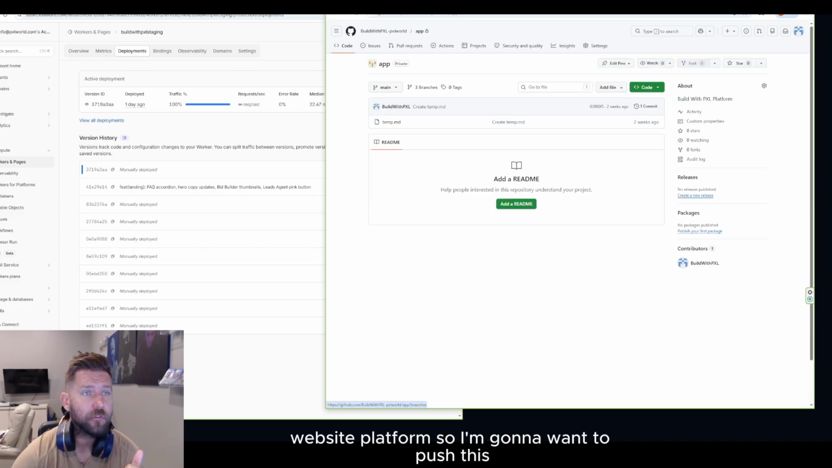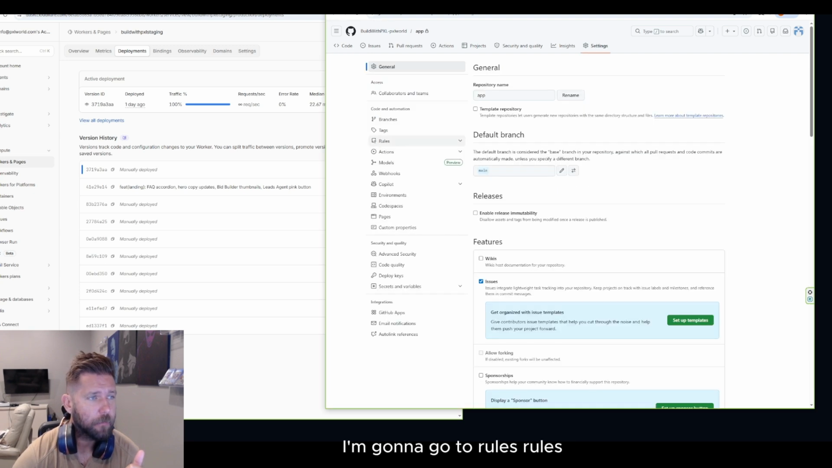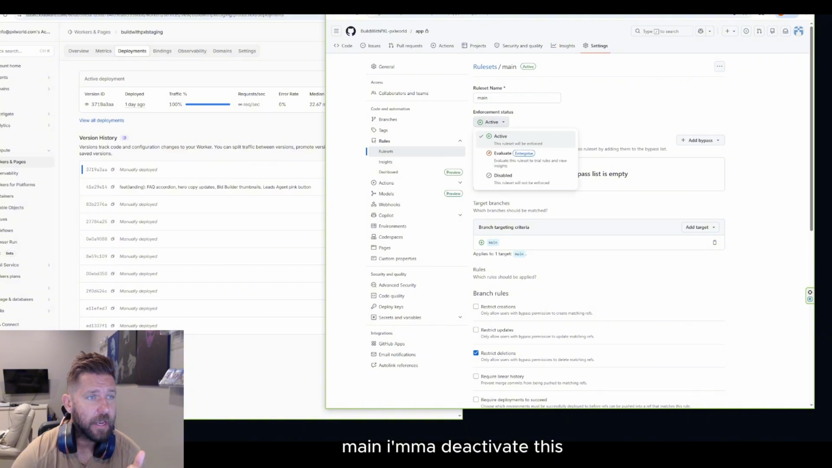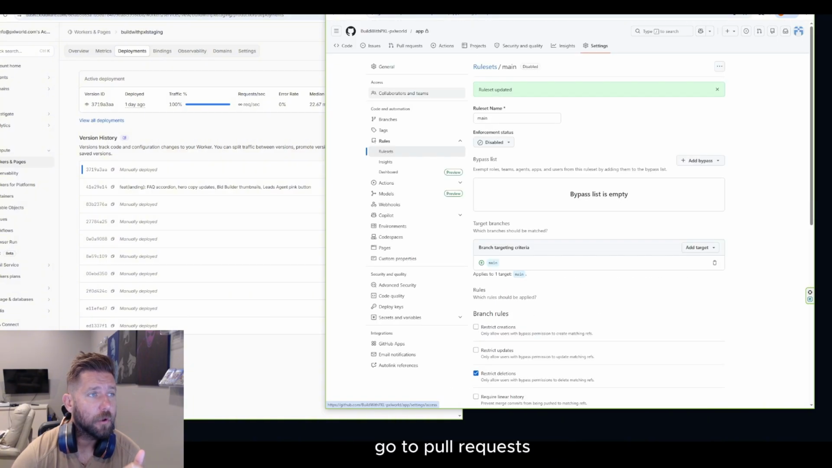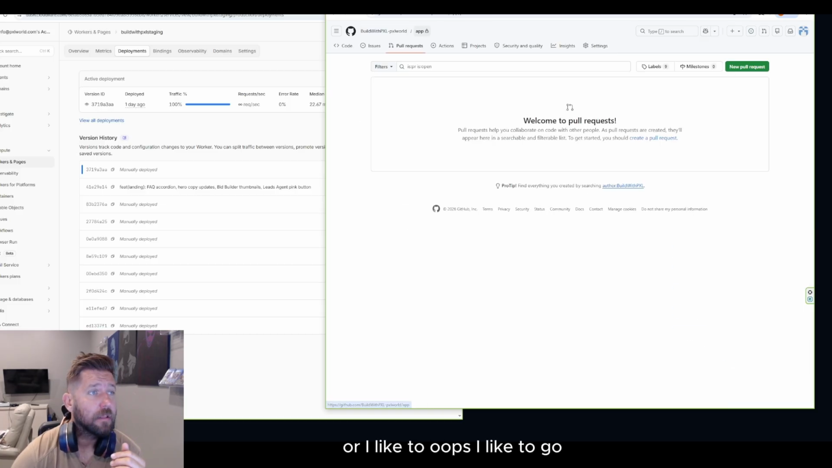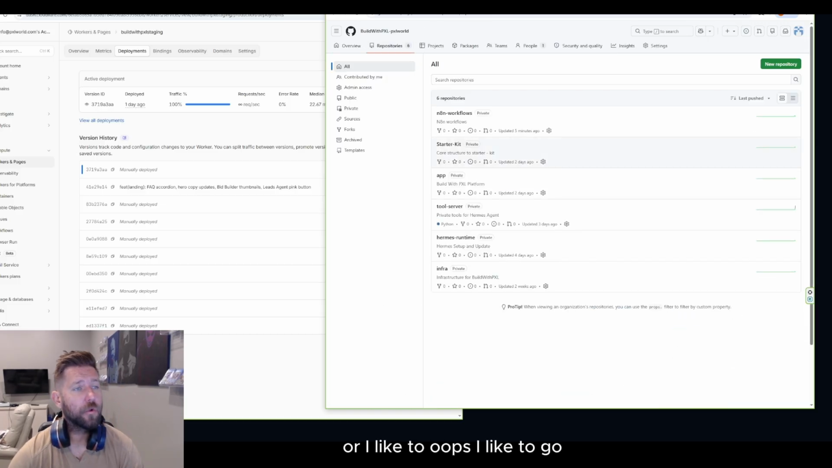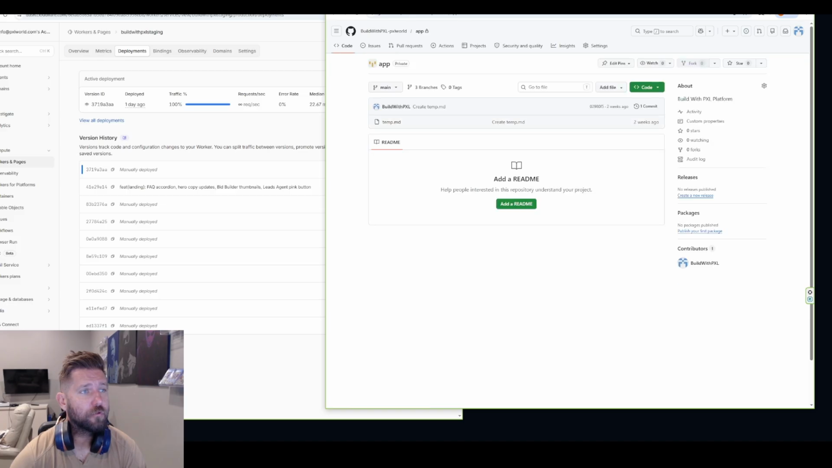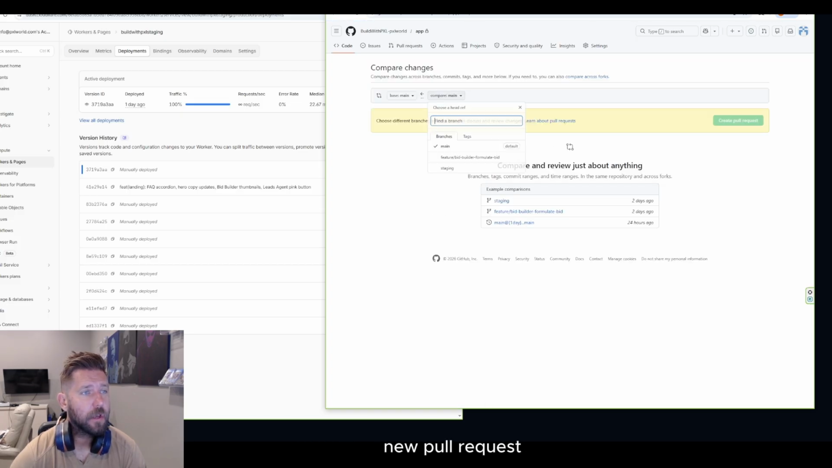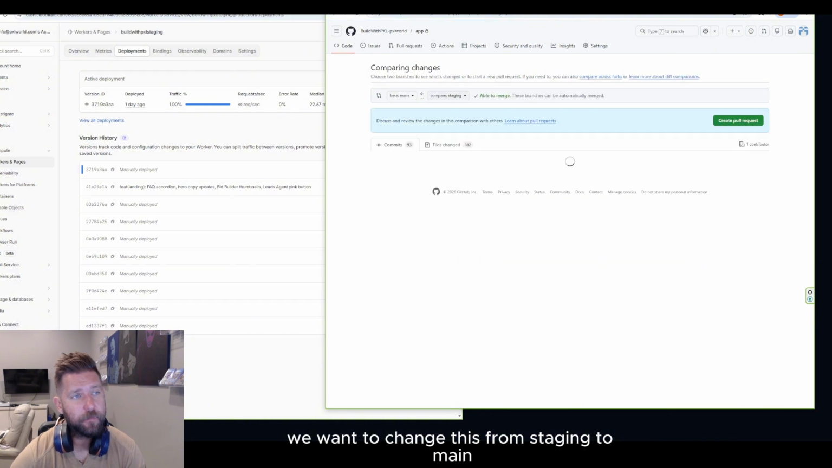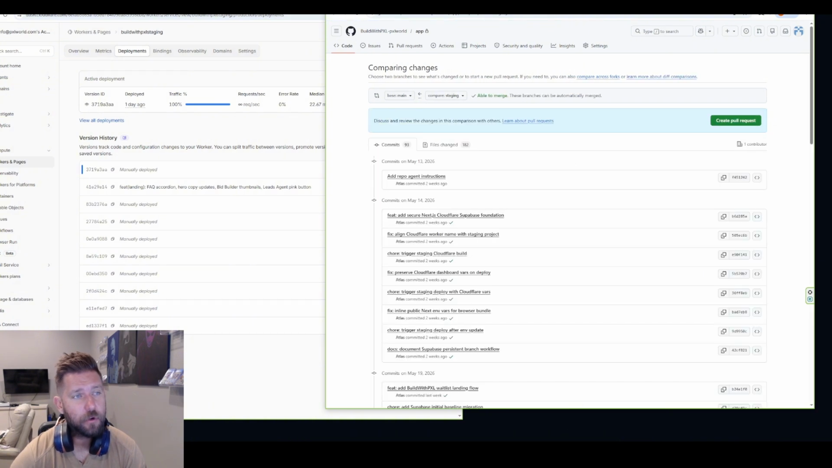So I'm going to want to push this. I'm going to do the same thing. I'm going to go to rules, main. I'm going to deactivate this, save changes, go to pull requests. Oh, it doesn't have the, so I'll just do pull request, and then new pull request. We want to change this from staging to main, create pull request,